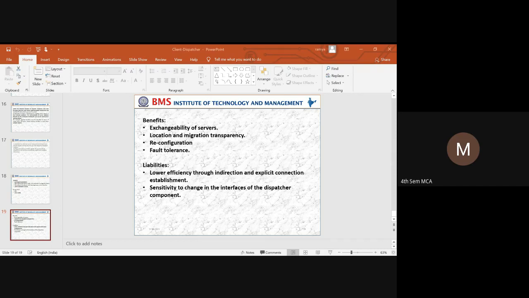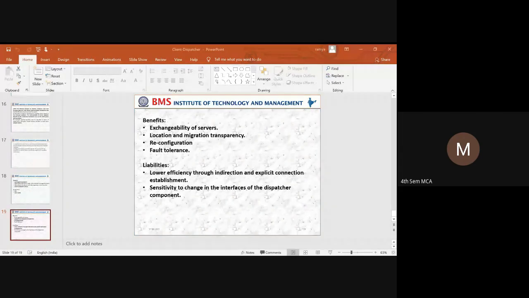And the last benefit is fault tolerance. If there is any failure in the current servers, the new servers can be activated without any disturbance in the communication.